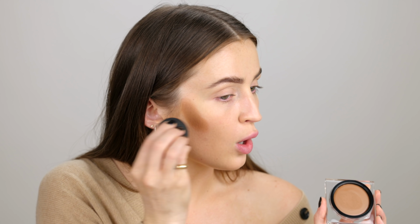You don't have to have colors or shades or pieces of the product that you're not going to use. It's just the contour cream by itself, and I quite like the packaging actually. I got this one in the shade Fair, and it's a lovely shade match for me, so I'm going to dip the Beauty Blender in and use this